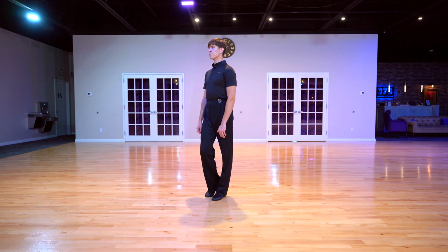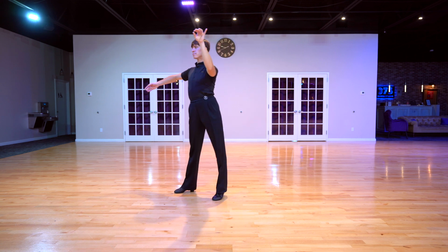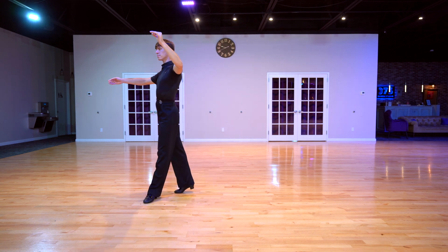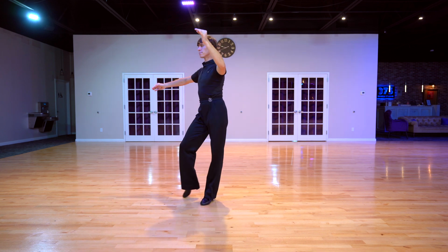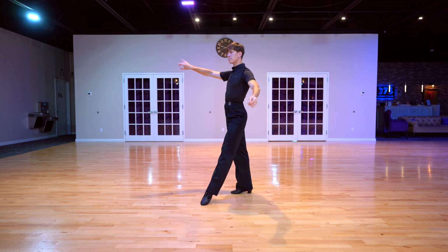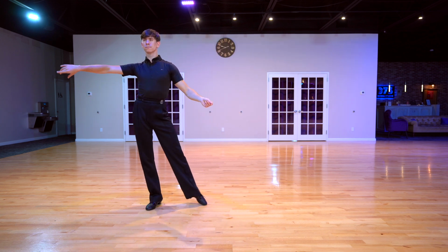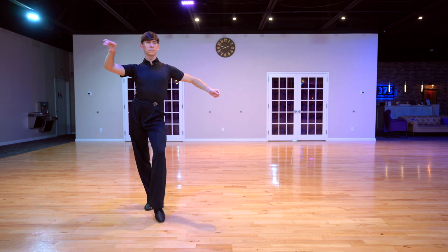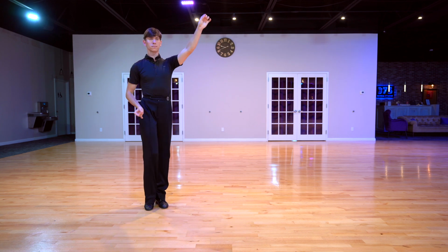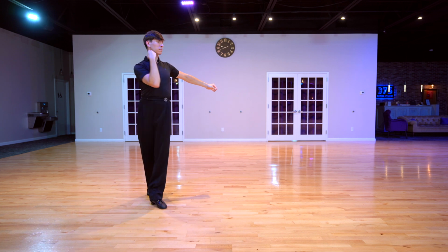Now the leader step. We're going to prepare the right foot to dance, and we step to the side and forward, back and side, and back and forward and side, and forward and back, feet together and switch, back and forward and